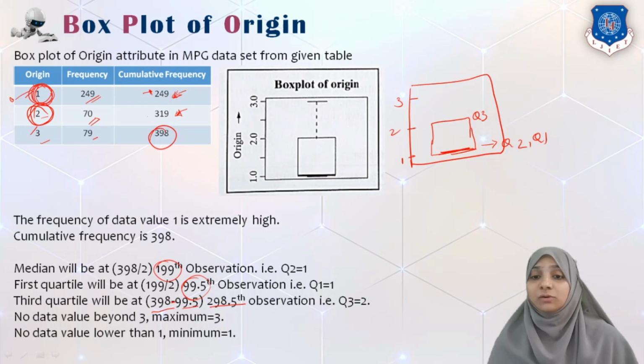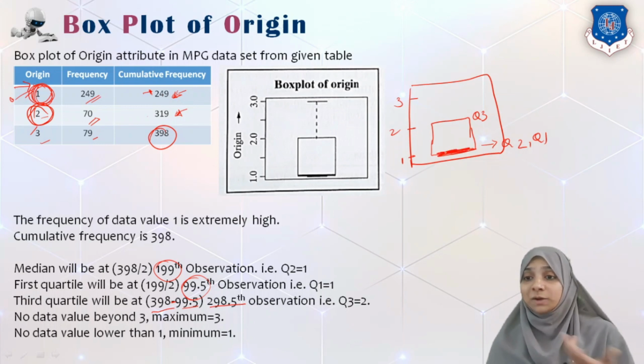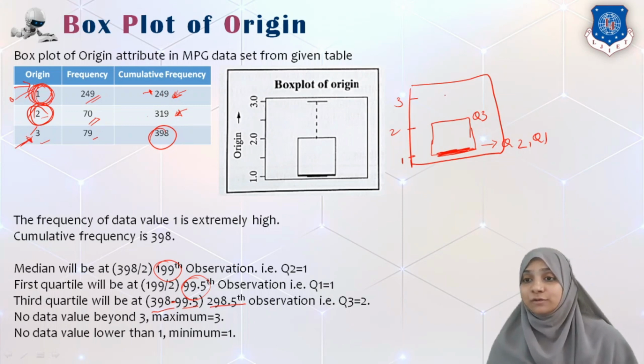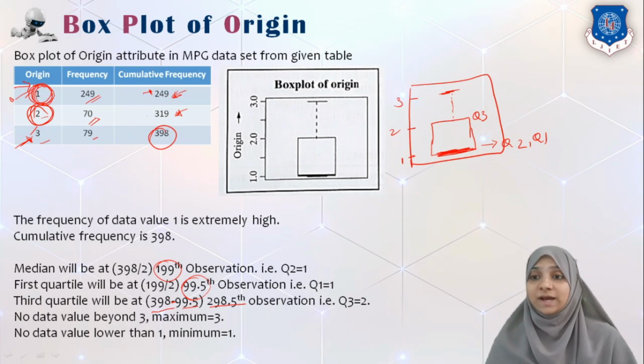Okay. Now I need to find the minimum and maximum value. Here the minimum value is 1. So we have the median as well as the lower bound of the box, and I cannot have space for a lower whisker. So this is my minimum, and the maximum value here is 3. So 3 will be here. This will be my whisker. Is it 1.5 times greater than quartile 3? So 2 into 1.5 is obviously more than 3. So we will have an upper whisker at 3 only.